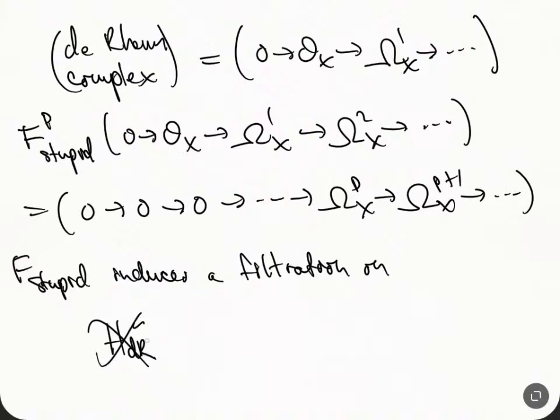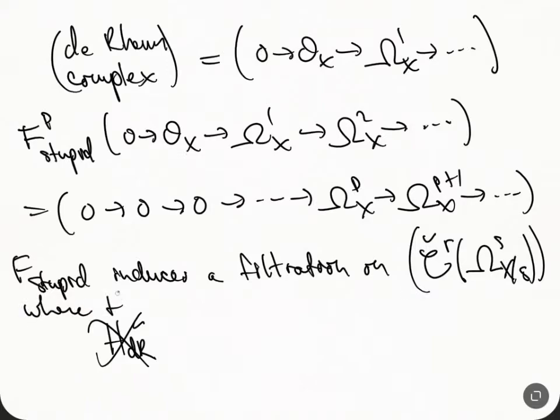Well, it does induce a filtration on theirs, but first on the double complex. Okay, this is painful to write, but I'm going to do it. We have omega, let's say S, X over S. So we have this thing, and this is where the so-called total complex of this guy